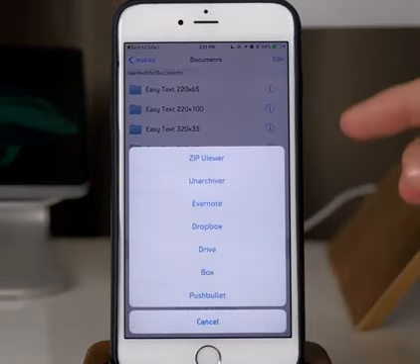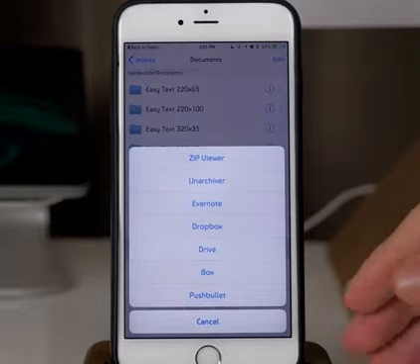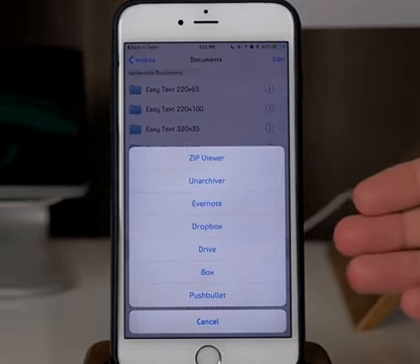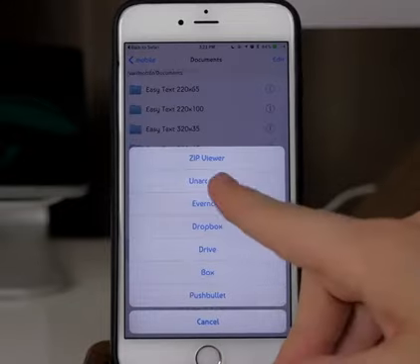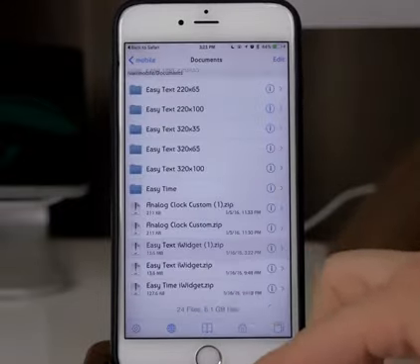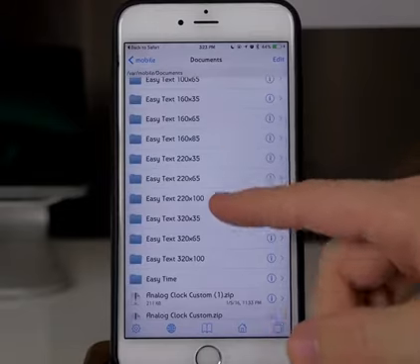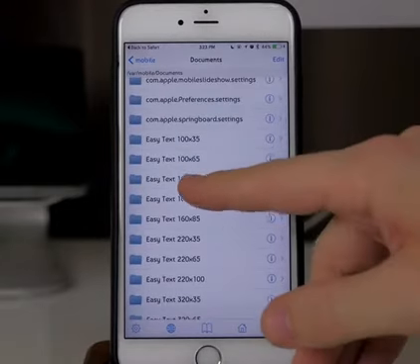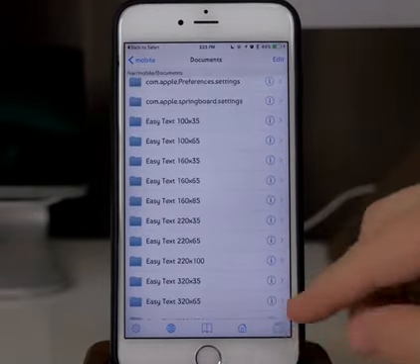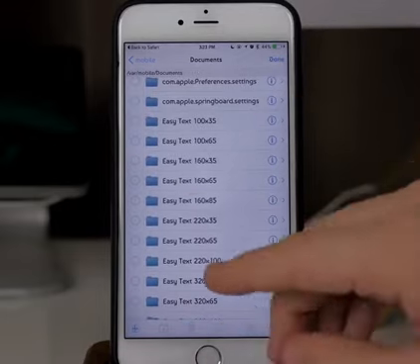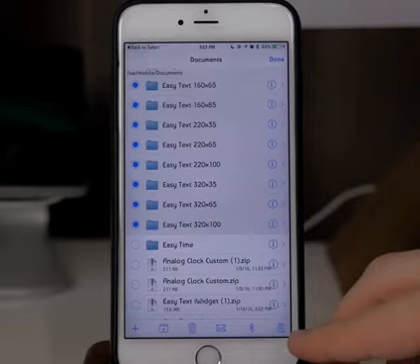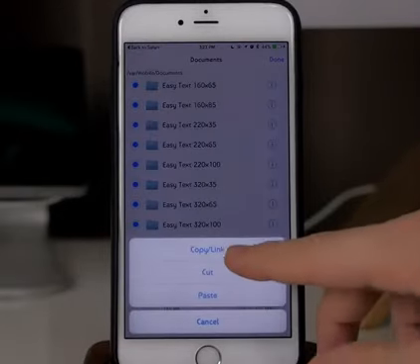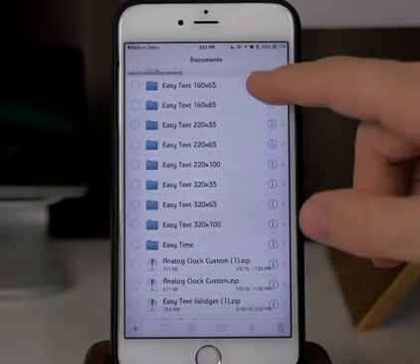and then you're going to get a pop-up asking you what you want to do with the package that you just downloaded. You just want to tap on Unarchiver, and I've already done this, so I'm not going to tap it, but just tap on Unarchiver, and it should give you all of these options right here. What you want to do is copy all these easy texts. Just tap on Edit, tap on all of these easy texts, and then over here in the bottom right hand corner, tap Copy. So you want to copy and link, and then you're going to tap Done,